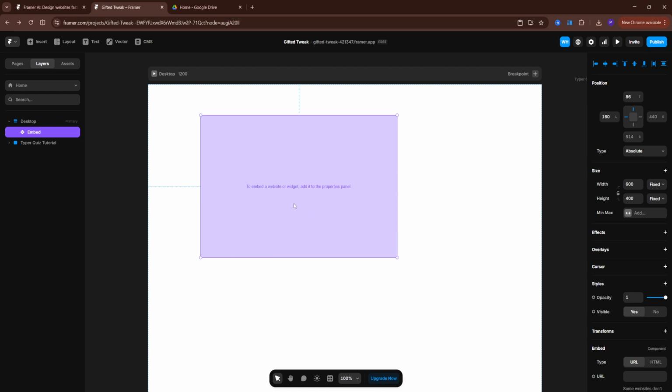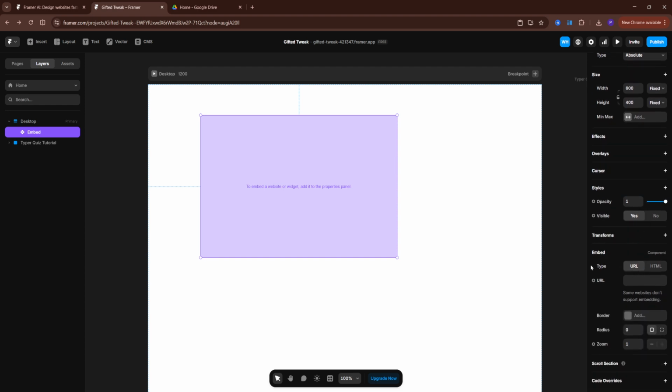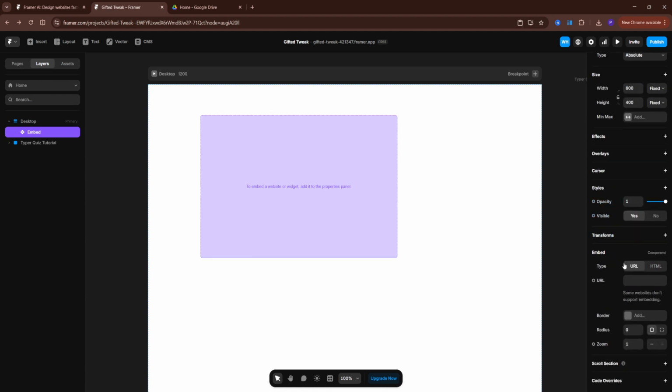Now select the embed element and look at the properties panel on the right side. Ensure the type is set to URL right here, not HTML but URL, and paste your PDF's public direct link into the URL